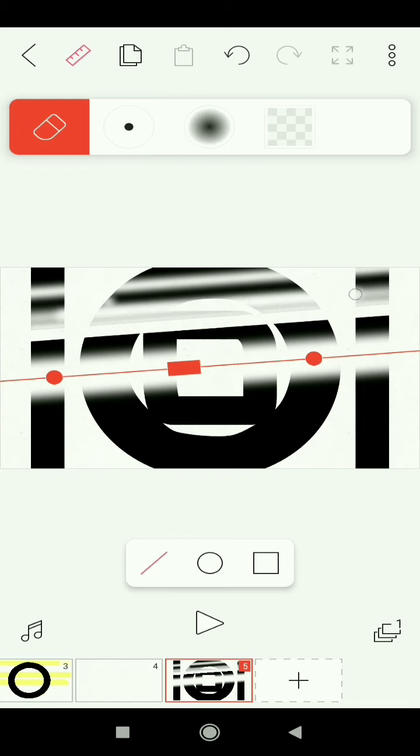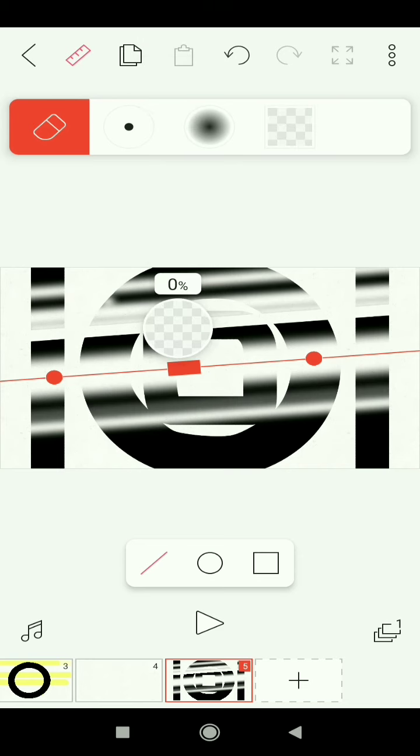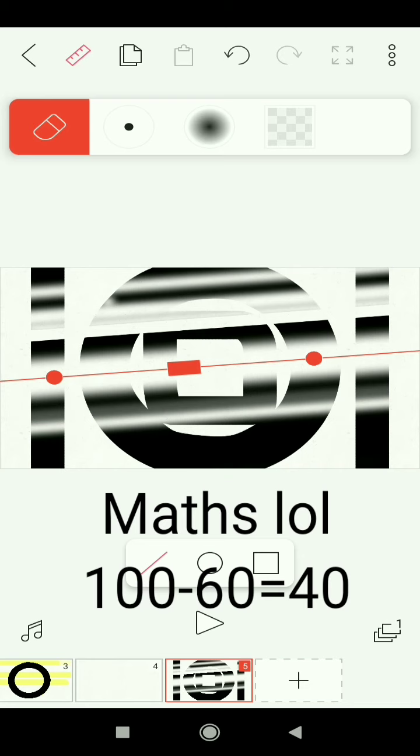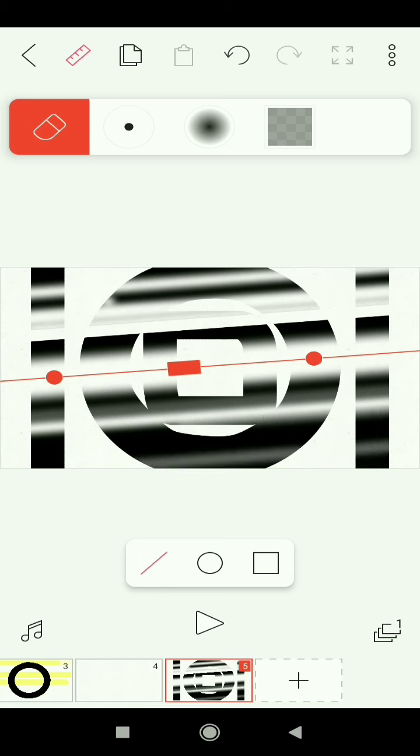Like if it's 0, you can erase it, and if it's 100 opacity you erase fully, and if you want a little part to stay at 60, just set it to 40 and you'll get a nice 60 right there, just in the places you want. So yeah,